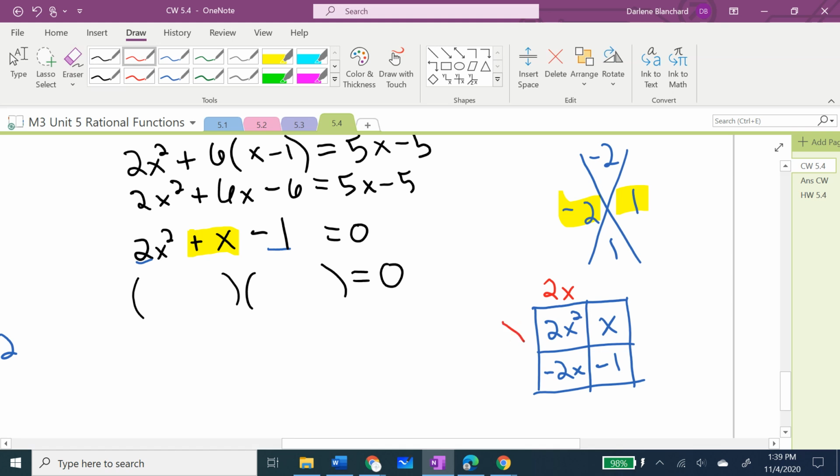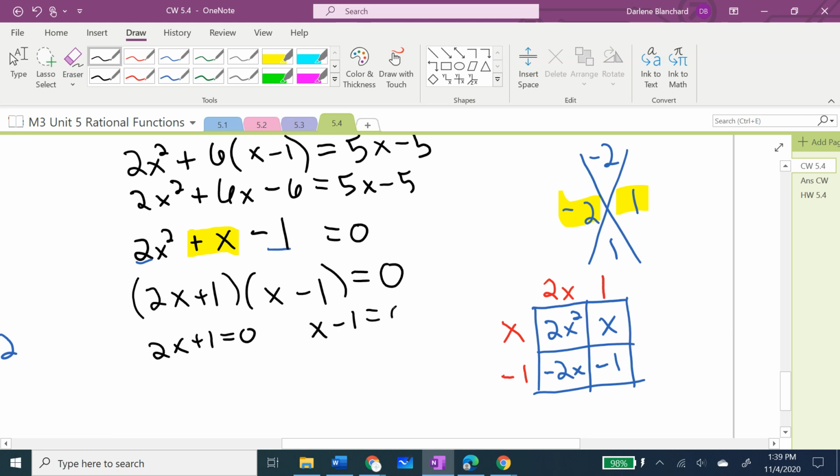And this might be working. What do I multiply 2x by to get the -2x? -1. And then x times what gives me x? 1. And does that work for the last box? -1 times 1 is -1. It does. So that means that this is the correct factoring. I have a 2x plus 1 and an x minus 1. Then when I solve for each factor being equal to 0, after subtracting 1 from both sides, I have 2x equals -1,